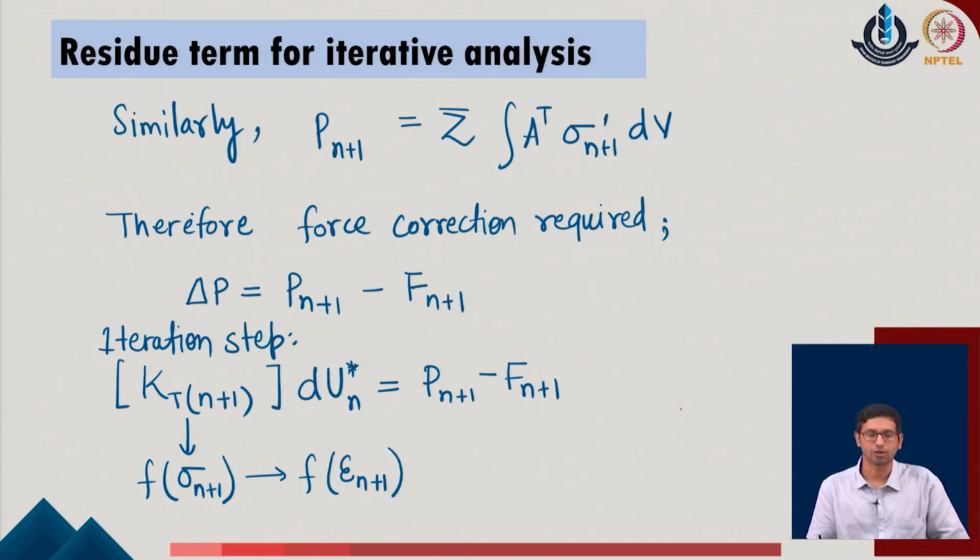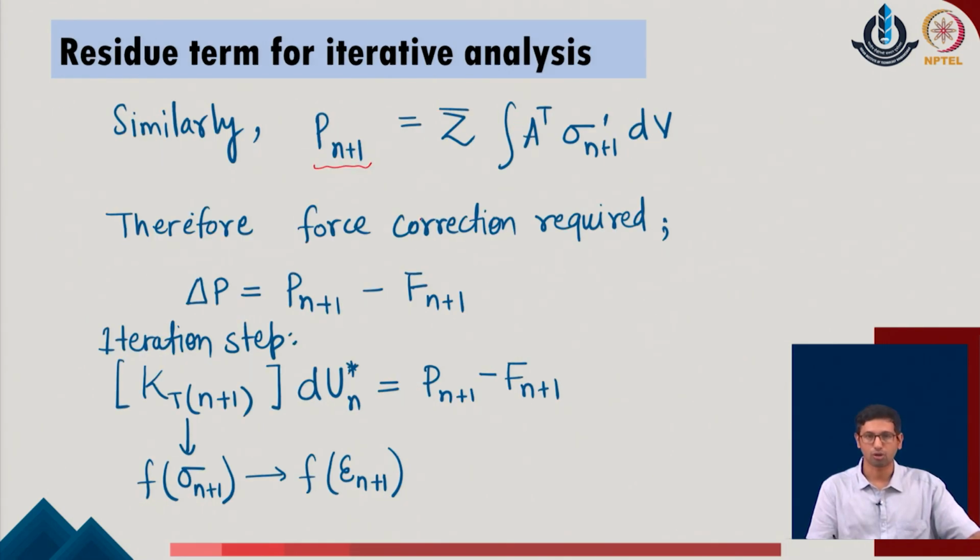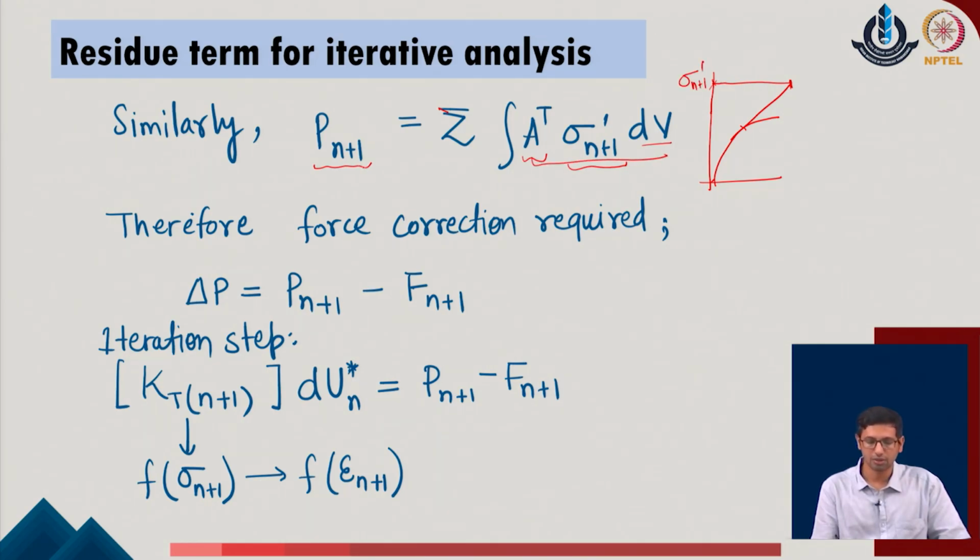Now, as far as the use in the iteration is concerned, we typically consider this for the n plus 1th node. So, at the same position as we are defining P of 1 or P of 2 in the system, of course, these are the values which are applied from the external part, but one can also consider that these summations are nothing but the summation of A transpose sigma of n plus 1 prime into dV, which means that if you just follow the simple line based upon your tangent modulus on the system, wherever it goes and strikes the given stress diagram, and I take that value of the system without any correction, the value of the load on the given system is identified as P of n plus 1.